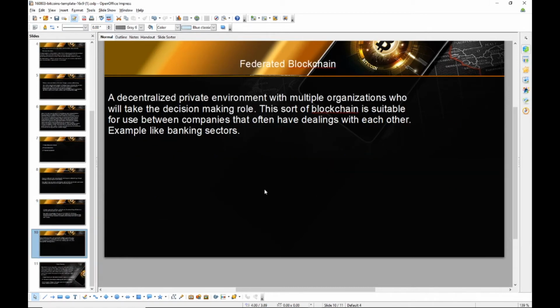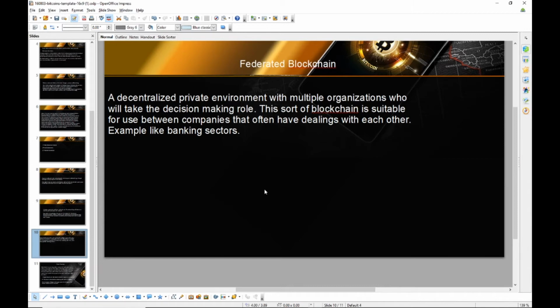The last we have is the federated blockchain, a decentralized private environment with multiple organizations who will take the decision-making role. This sort of blockchain is suitable for use between companies that often have dealings with each other. Example, like the banking sector. Banks only normally deal with banks. Sorry about that. And in regard to that, they only want to deal with themselves, so they're going to be on the federated blockchain,